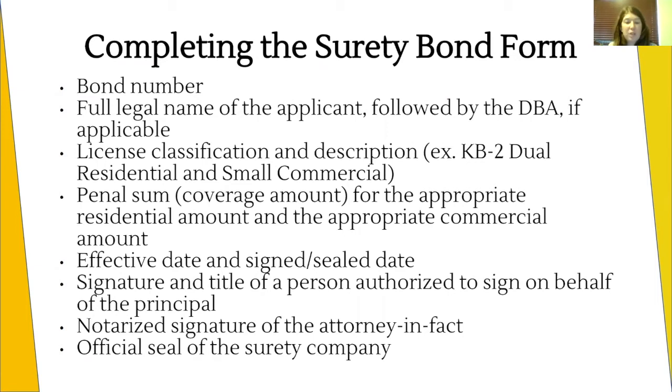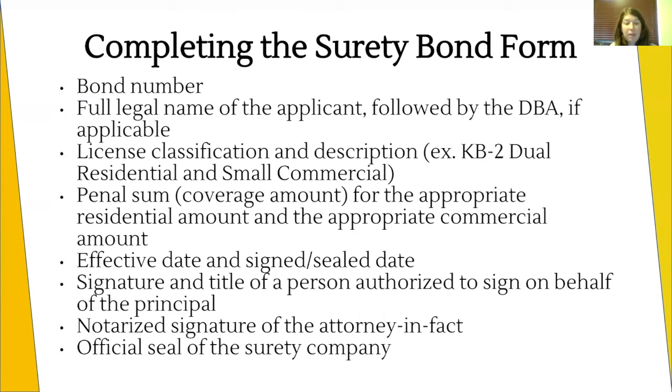That does need to be broken out. So if there's a residential consumer that files a complaint, they only have that residential amount available, not the commercial. That's why it needs to be broken out by the bond company. We need to have the effective date of the bond on there, as well as the date that the bond